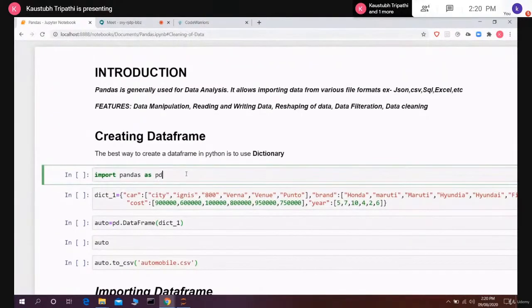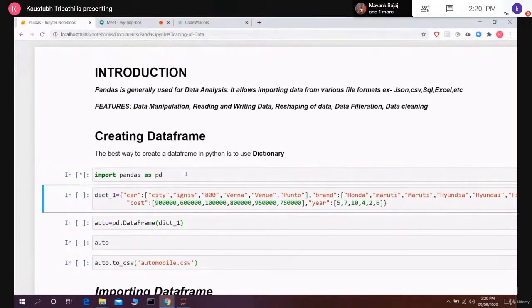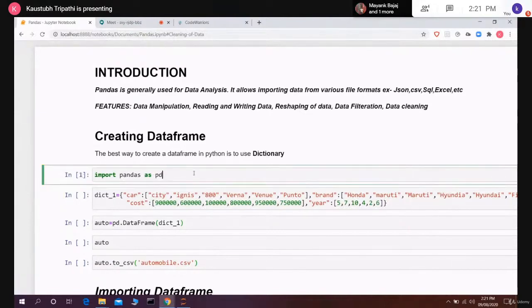As pd means I'm creating an alias of pandas with the name pd, because pandas is a big term, so I use just pd to reduce the size of the name. If I run this code by pressing Shift Enter, it takes a little time. You can see on the top it is running, and when I get a number over here, that means this line has run perfectly fine and Pandas is imported.